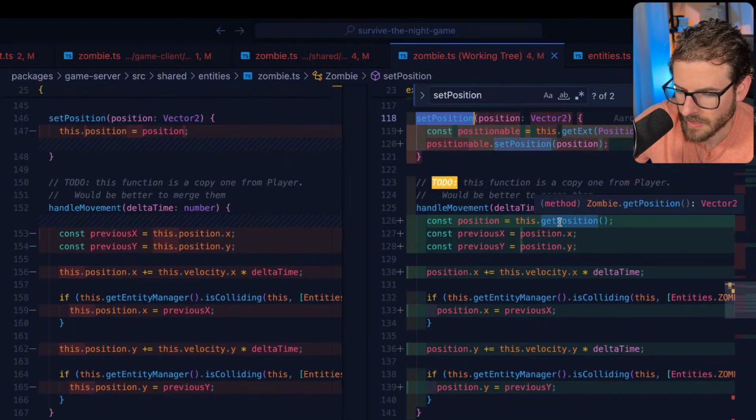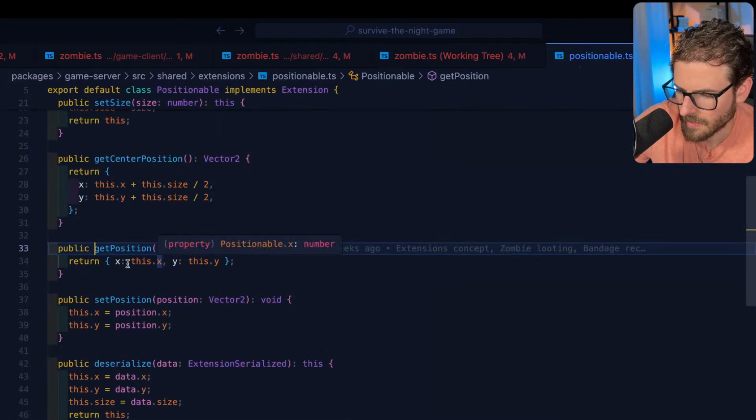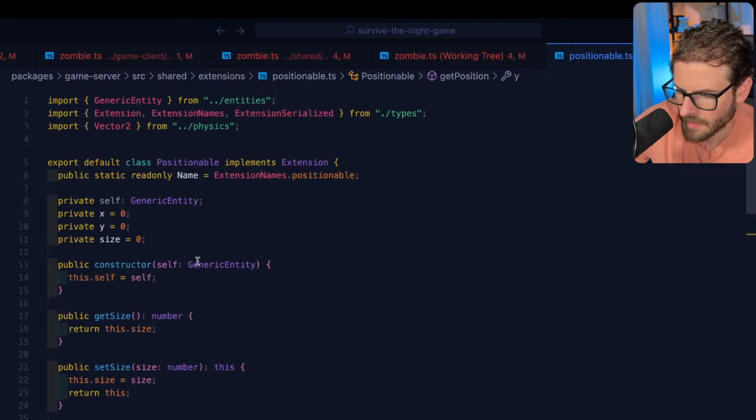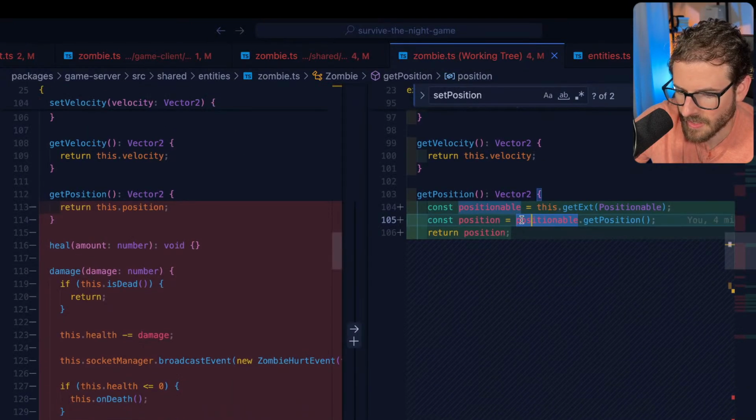This get position. That potentially returning a copy. It is. No. Oh yeah, it is. Why? Yeah, these are private. So yeah, this is not a copy. I thought it was a copy.